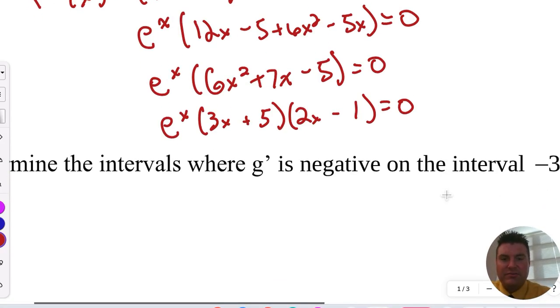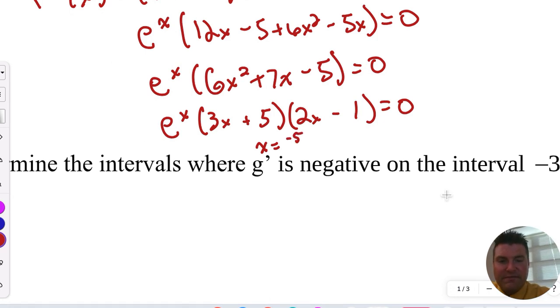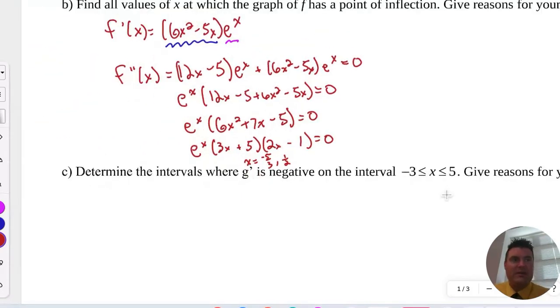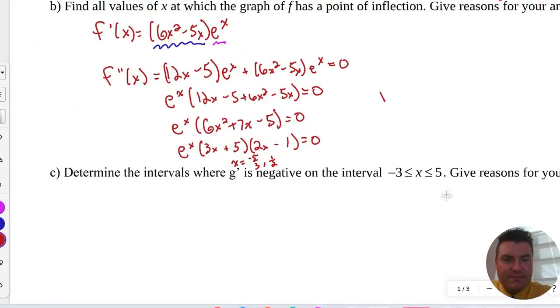So I'm going to get potential points of inflection at negative 5/3 and 1/2. Again, e to the x cannot equal 0, so I'm not worried about that. So when I put this on a sign chart,